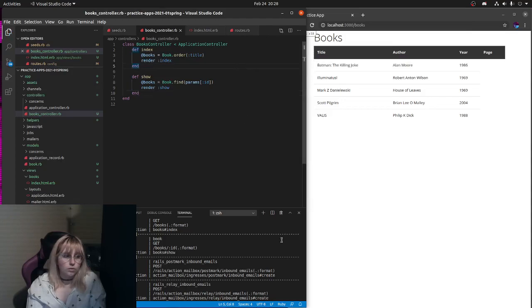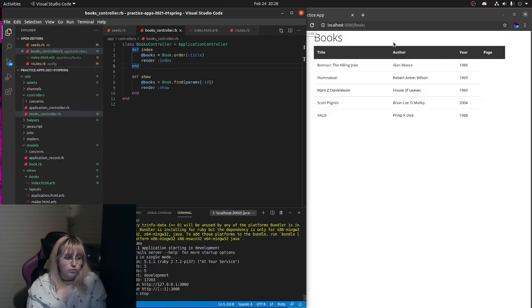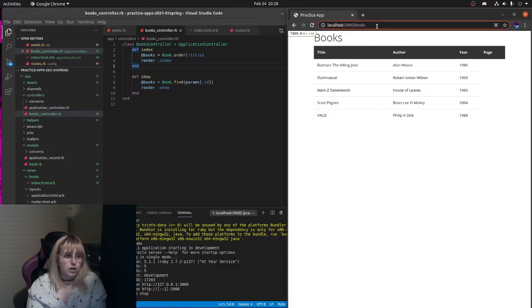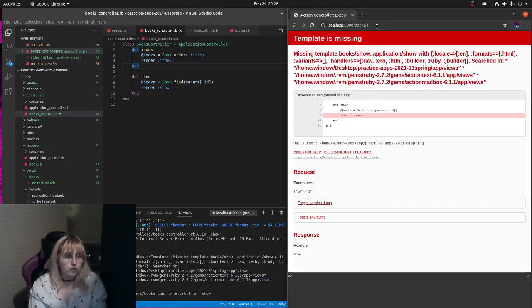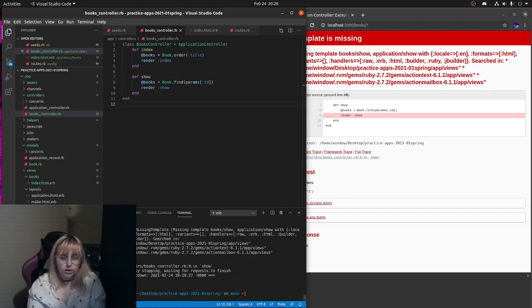And so we're gonna test this again to see if it shows up on the page. So Rails server. So we're just gonna say books 1. And yay, it says the template is missing. So that means we're on the right page. So we're going to kill that, and now we're going to create the show page in the views, in books